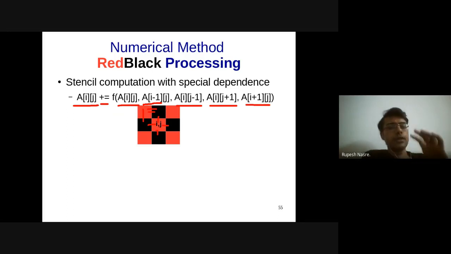So we separate the computation in terms of time and say that I'm going to perform a subset of computations together. In this case, all the red ones are going to happen together, and all the black ones are going to happen later after a barrier. This barrier is also a synchronization, but it is coarse across all threads. It's not the individual thread which is performing this atomic or critical section. And therefore, this is called a coarse-grained synchronization. Once you have that, then you can perform such a processing. This can be helpful in some specific stencil computations.